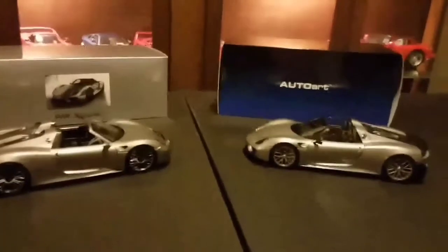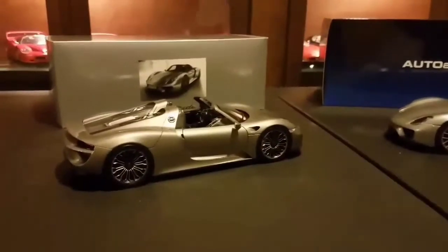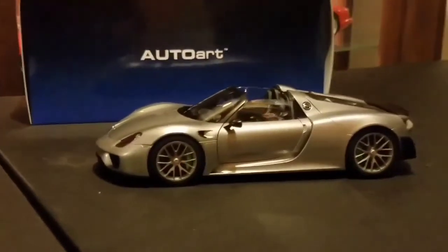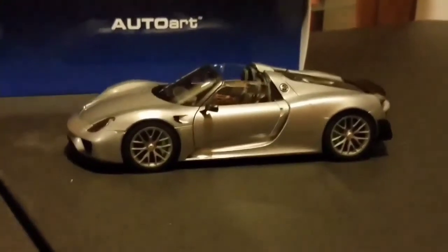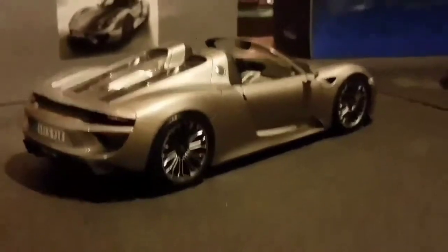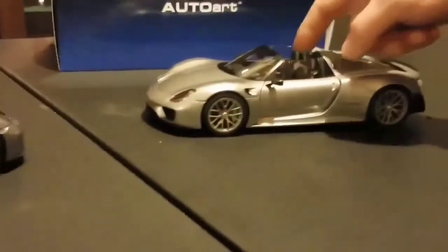After getting both and actually taking a peek at them, some of the differences are pretty minute. A lot of it has to do with detail. Both cars on the outside are, in my opinion, very accurate. I think the paint jobs are both excellent. Both cars have opening doors and opening front hoods or front bonnets. However,